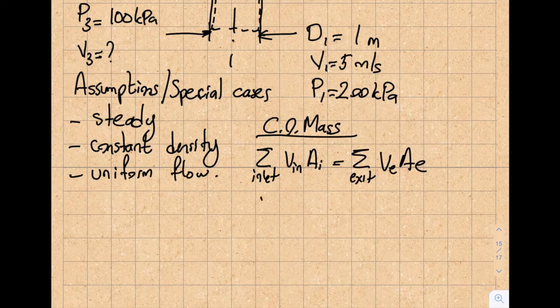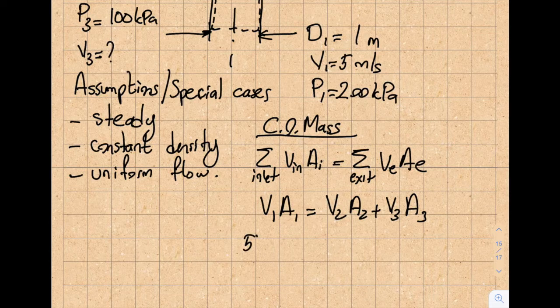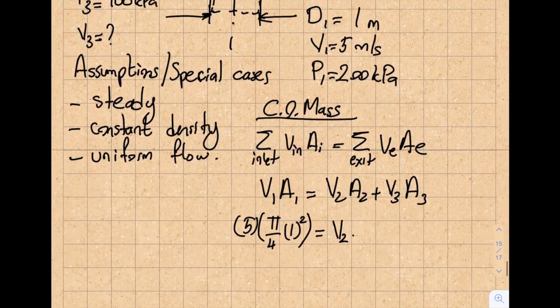Okay, I have one inlet, so V1A1 will be equal to the 2 exits, V2A2 plus V3A3. And then I'm going to plug in what I know. V1 is 5, that's given in the question statement. A1 is pi over 4, diameter is 1 squared, which will be equal to V2, which is actually an unknown, times pi over 4, D2 is 0.8, so 0.8 squared, right, plus V3, which I don't know as well, so this is not going well, pi over 4,